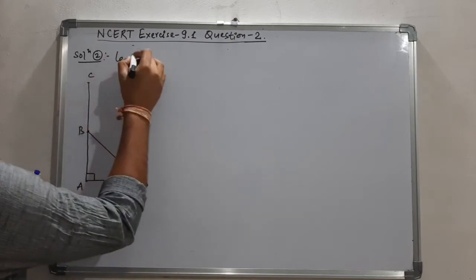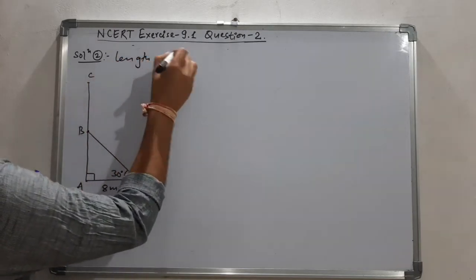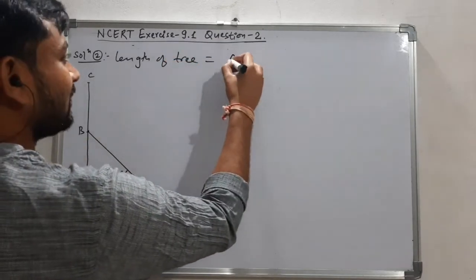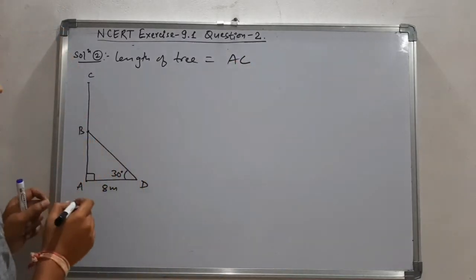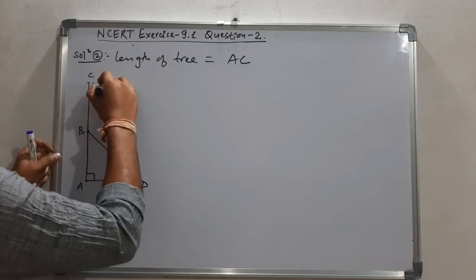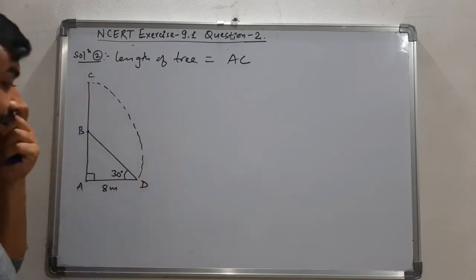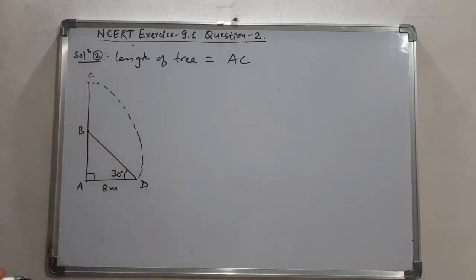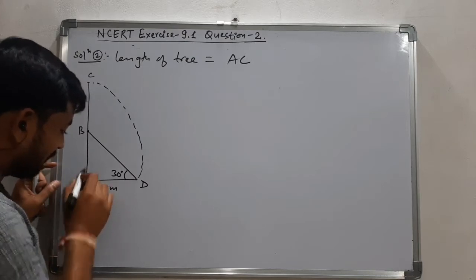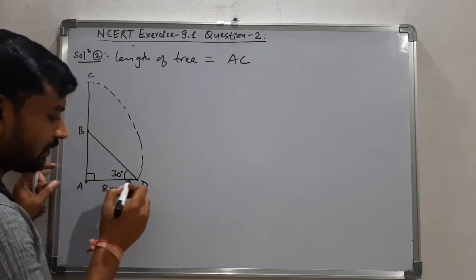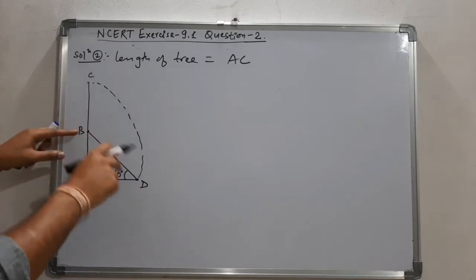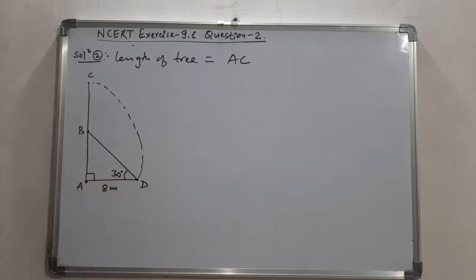Originally, let the total length of the tree be AC. Now when it is broken from point A, the point C is touching the ground at point D. Meaning ये जो portion होगा यहाँ पे bend हो गया और ये ground पे आ गया. तो ये जो point जो tree की जो base है उससे इस ground पे जो point है इसकी distance है 8 meters. The angle which this broken part is making with the ground is 30 degree. We have to find the total height of the tree.